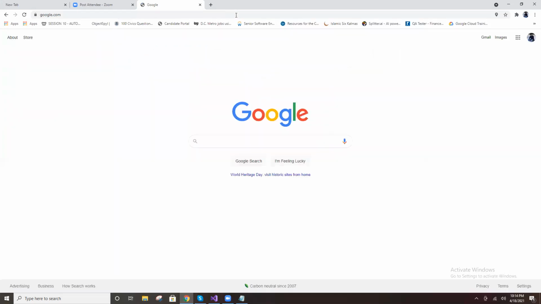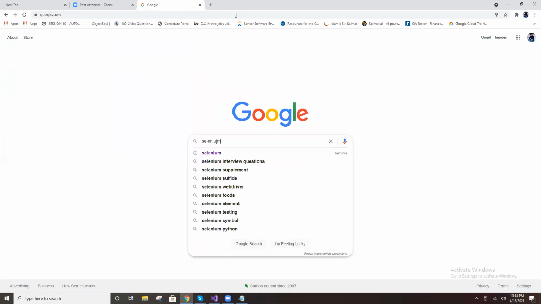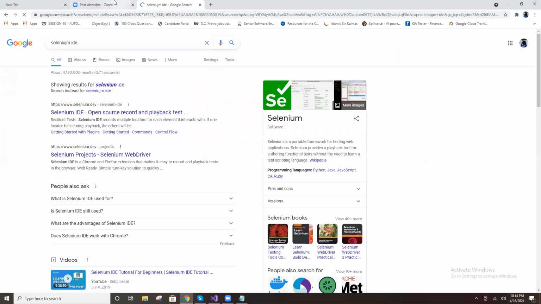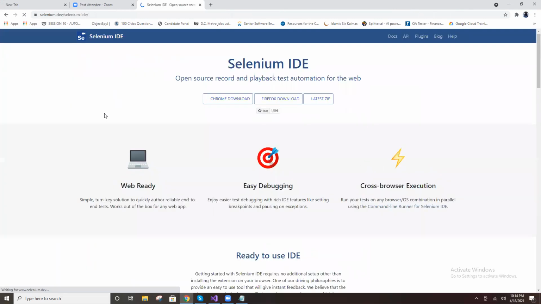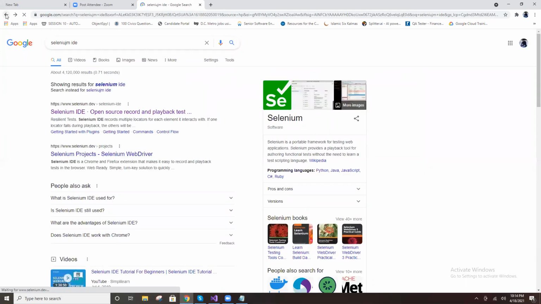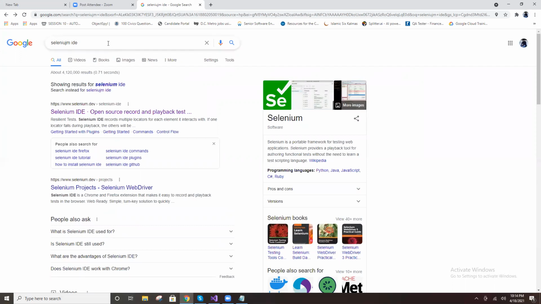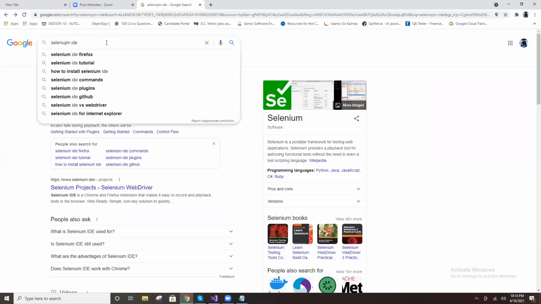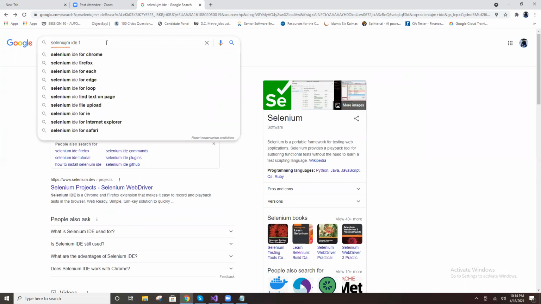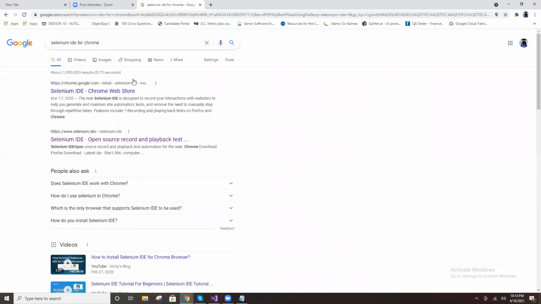See, Selenium IDE. Select the first link, Selenium IDE for Chrome.